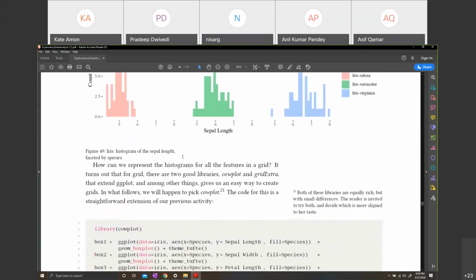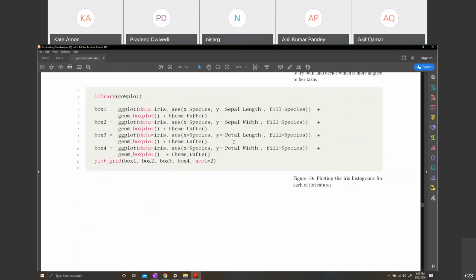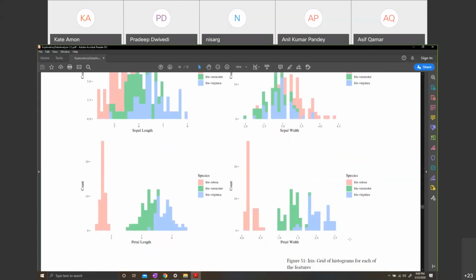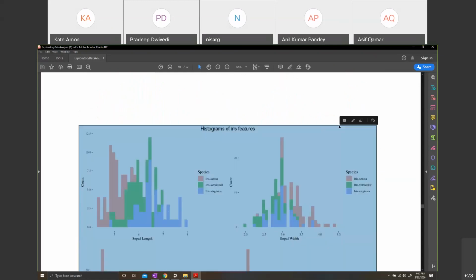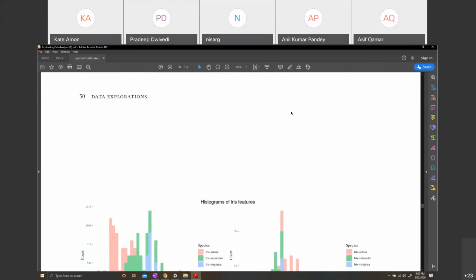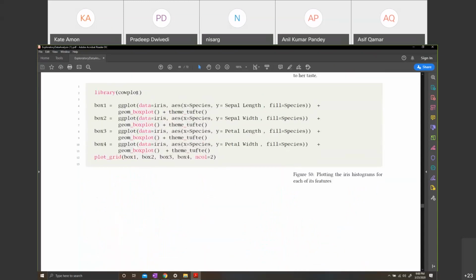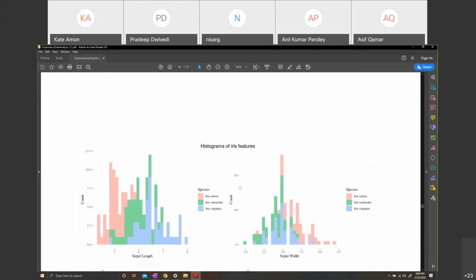And then, of course, suppose you want to make a grid plot of looking at this by sepal length, sepal width, petal length, petal width. So there are many libraries that have extended ggplot. You can do it with ggplot. It's a little bit more code, but people have written libraries on top of ggplot to make it easier. And one of those libraries is cowplot. And here's this usage of cowplot to do that. And there is also gridplot and other libraries, gridExtra and so forth. People have added. So pick your favorite and do that.